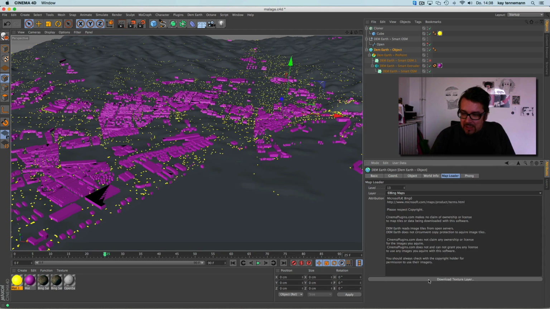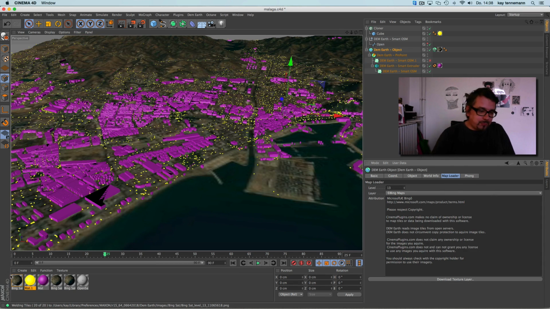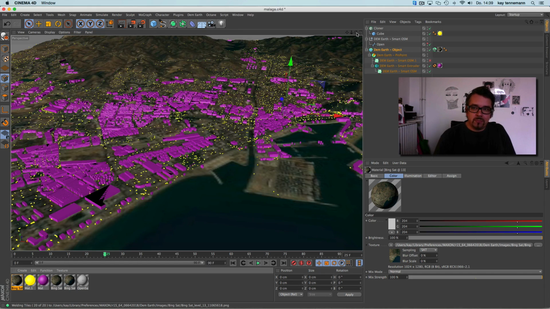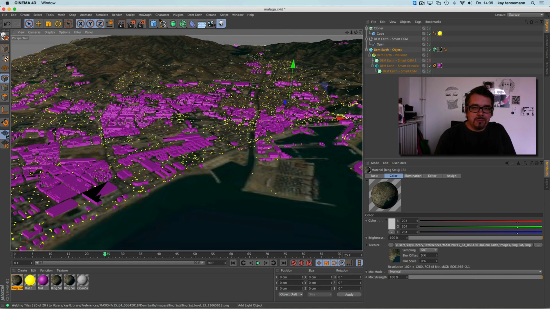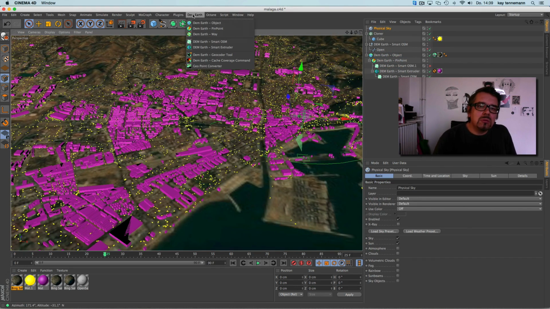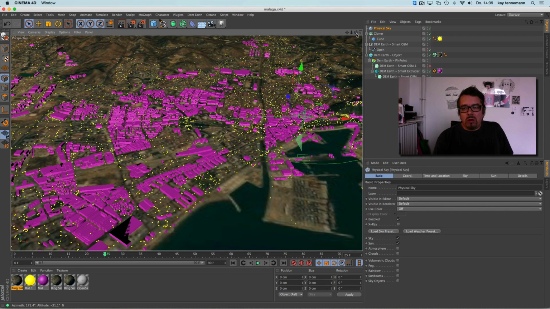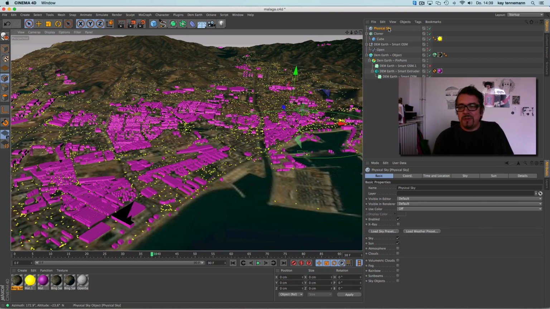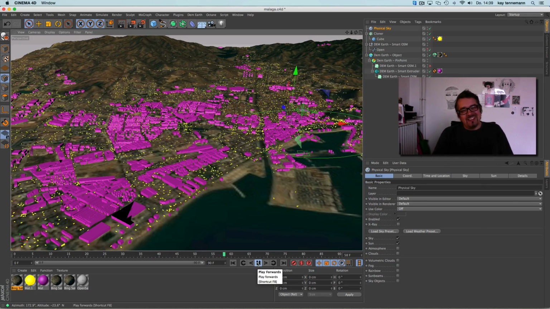Okay, Bing Maps download, and give them maybe a higher OpenGL preview. And this is what I'd like to show you. It's DEM EARTH. I show you more or less in a fast way what's possible with this plugin. It's very great, and you can't imagine the little yellow cars.